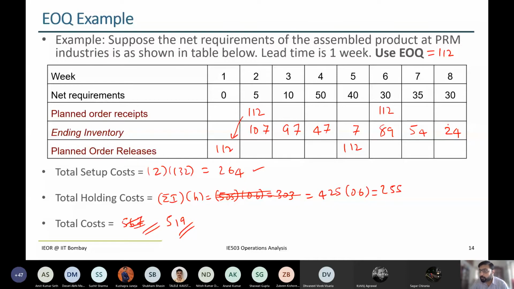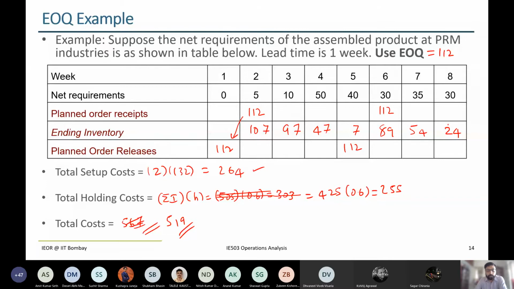So should the total cost in EOQ be adjusted as we have some inventory left in the last period? Not really. We'll just account for this, and it happens in a rolling horizon. So we'll just take it as that is given. It doesn't affect your cost too much, right? Maximum is 24 into 0.6. So we'll just take all the inventory. It makes our calculation easier.